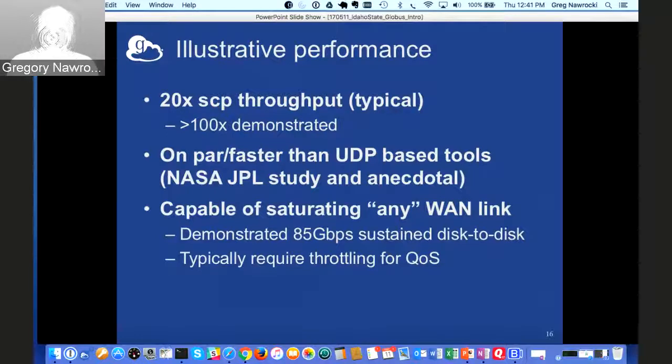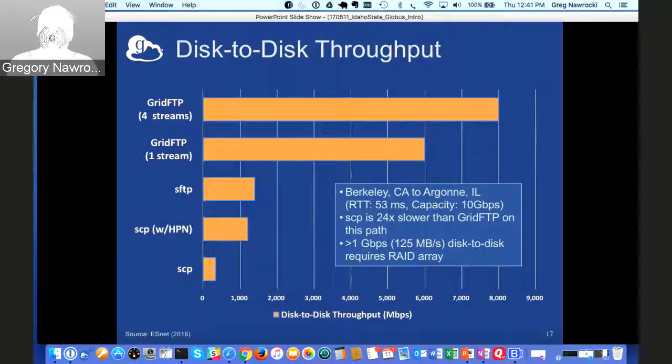So any link you give us, we can saturate that and give you the fastest data transfer that's available. If you want speed, we'll give you speed, provided you've got that network configured the Science DMZ way. And really, once you do that, your limiting factor comes down to your file system.